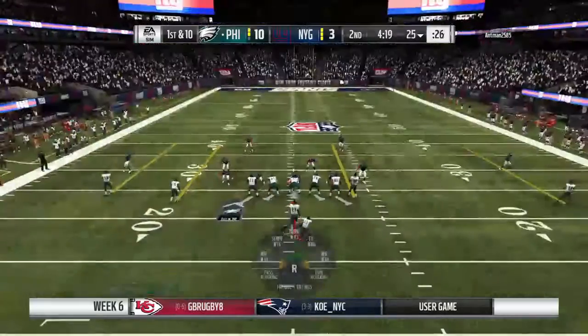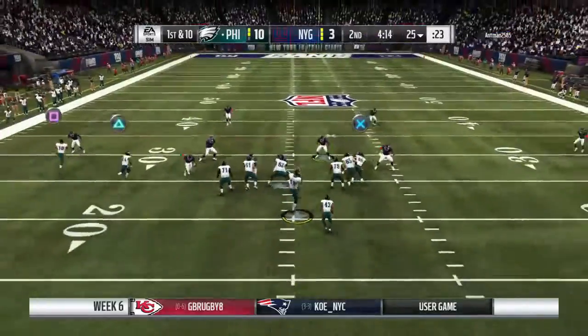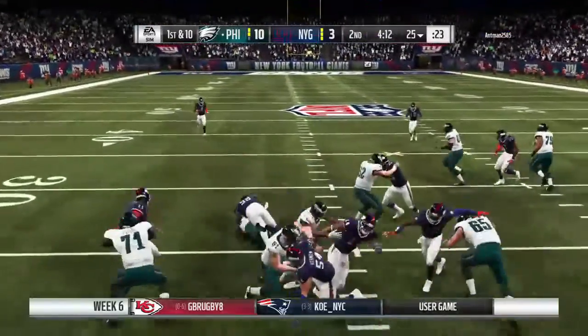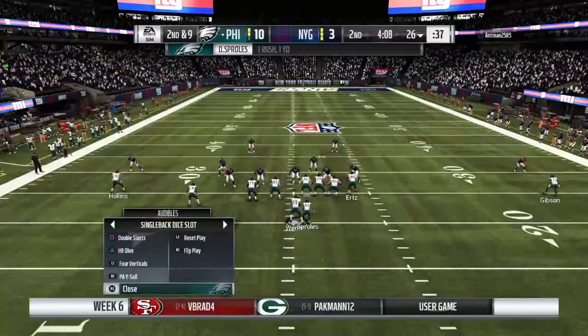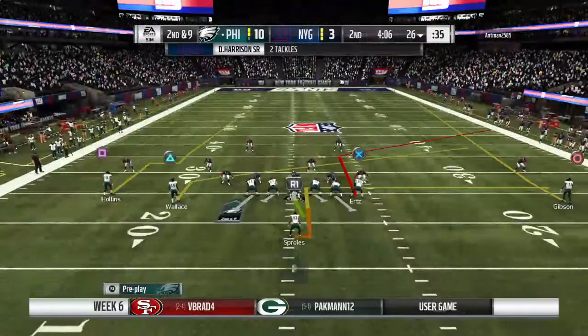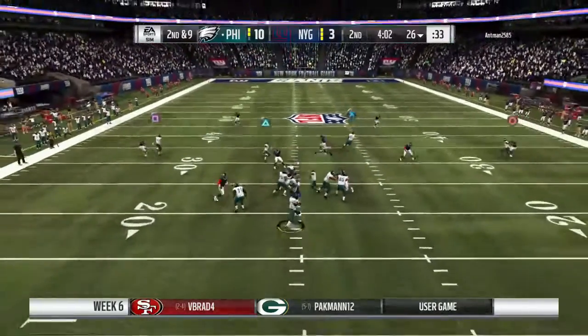No doubt about it. If there's no pressure, he's going to continue to pick them apart because he'll have all that time to find someone open downfield. He can only cover for so long. So maybe they want to go to a zone blitz scheme, get a little bit more pressure. Remember when Carolina did that against Denver? They lost the game ultimately. They dropped the defensive end out, and he ended up with...